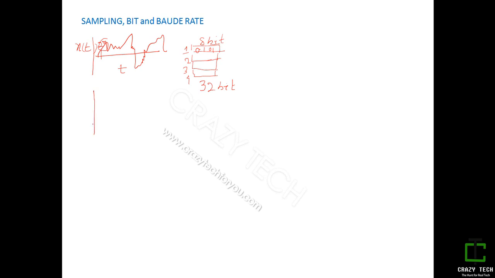Let's say a signal. This is simple, we are taking only a simple sine wave. I need to sample it. Let's say I am sampling right. I want to take this sample, second sample, third sample, fourth sample here. So my samples would be looking like this.